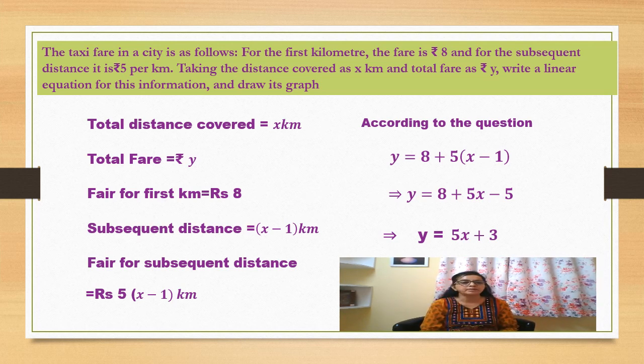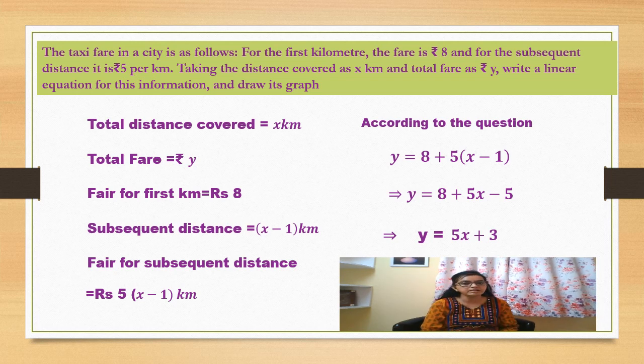Now let us make an equation. When I say let us make an equation, I mean you make LHS and RHS. In LHS, you have y. What is y? That is the total fare. Be careful, whenever you are making an equation, both sides, LHS and RHS, should have the same units. Like if it is in rupees, then the entire equation should be in rupees. If it is in kilometers, then the entire equation should be in kilometers. Here we are taking the equation in rupees. So y is the total fare, it is in rupees, and it becomes the LHS.